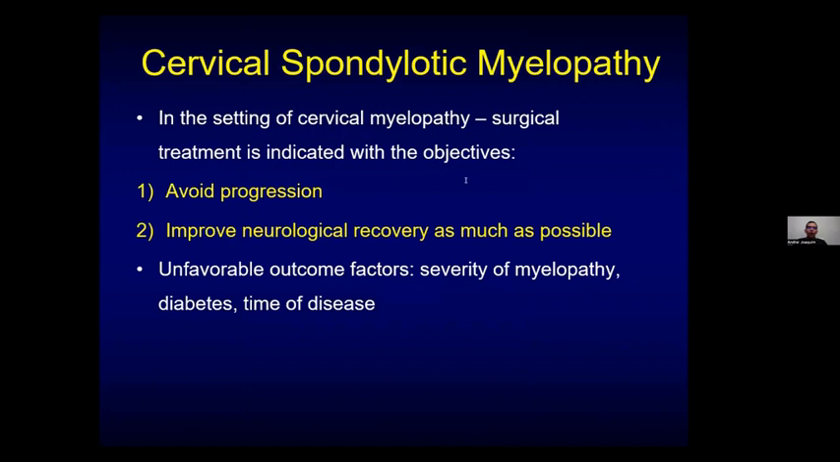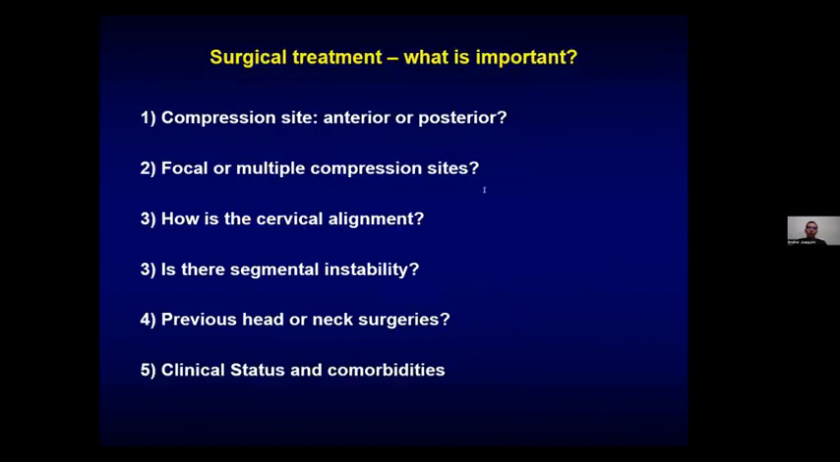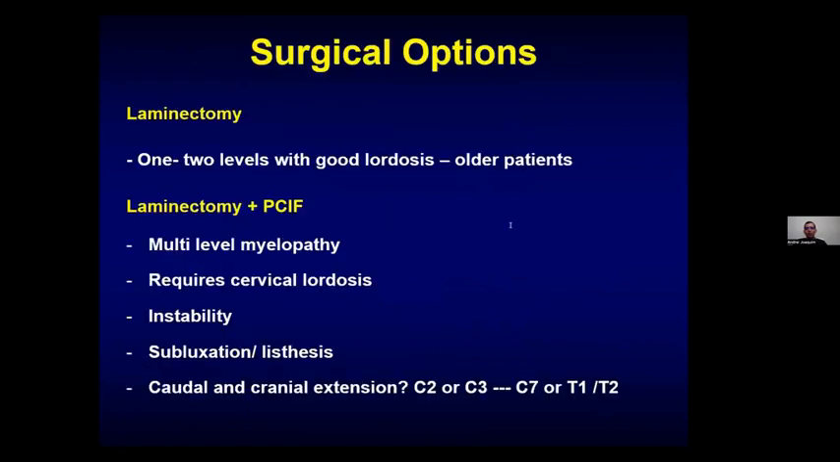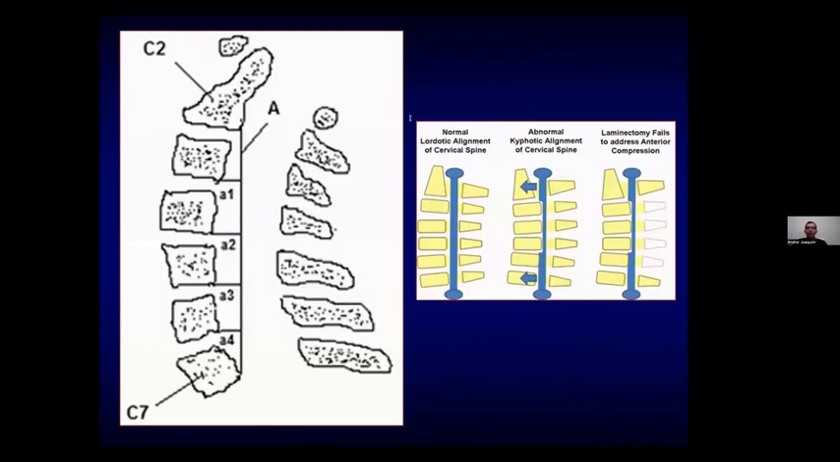Specifically talk about cervical spondylotic myelopathy. The objectives of our surgery are to avoid progression and to improve neurological recovery, considering these new radiological parameters. And when we're going to decide the treatment, we have to see, as I mentioned with the MRI, if the compression is anterior or posterior, if it's a focal compression or multiple compression. How is the cervical alignment and other parameters? Do you have instability or previous surgeries? And if the patient is able to tolerate the surgery. As a general rule that